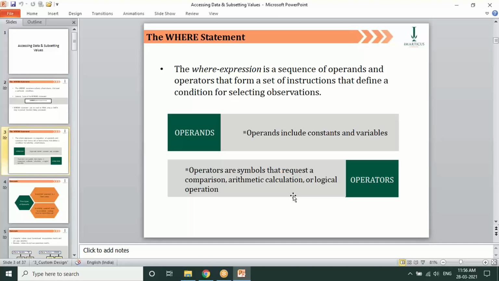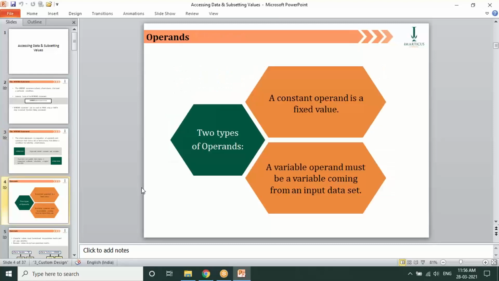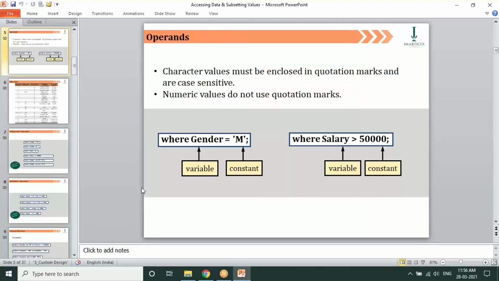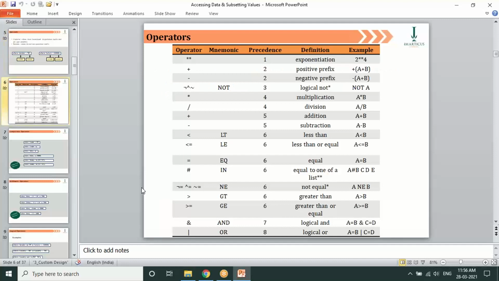Name is an operand, equal is an operator, and Tom is again an operand. With this kind of expression, we can create our where statement and filter out the data. To build these expressions, we require operators, and you are very familiar with them: comparison operators, logical operators, special operators, all that.